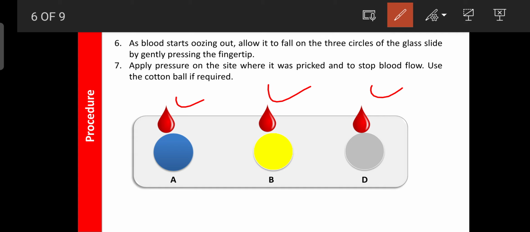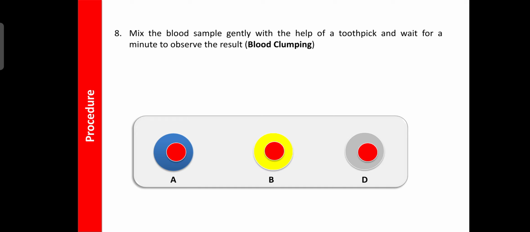You can put a cotton swab with alcohol on your pricking area to avoid further hemorrhage. After that you can mix the blood sample. With the help of toothpicks, you take 3 toothpicks or sticks, and one is used only